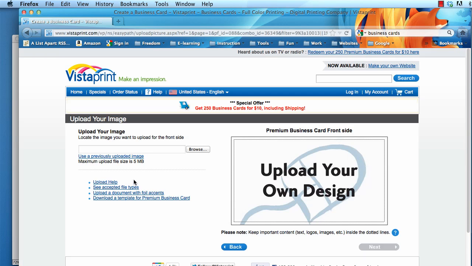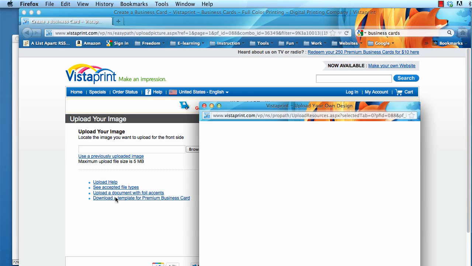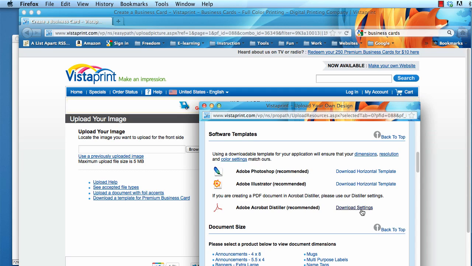And then in here, I can download a template for premium business cards. So if I click here and then click here, I'm going to download the Illustrator template. So I'm going to download that template by clicking simply on the link. Then,